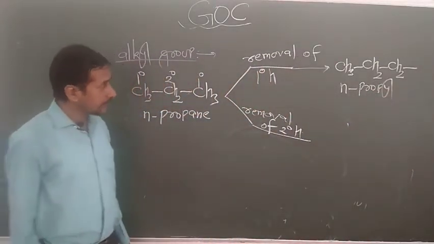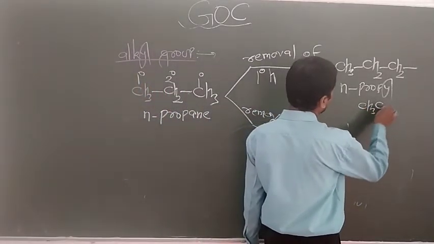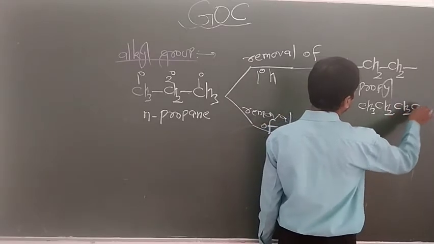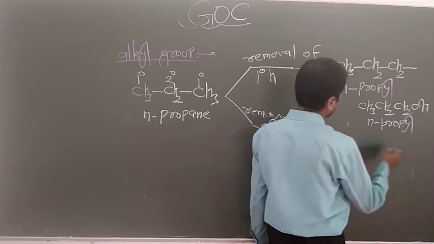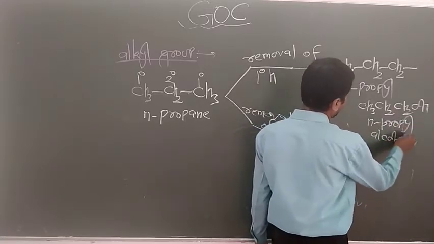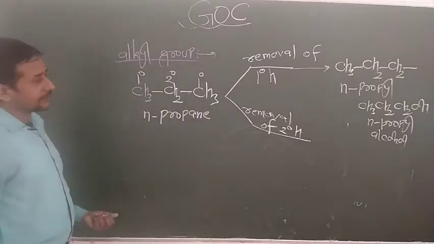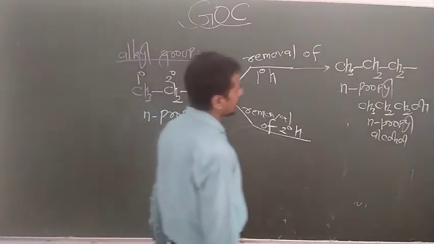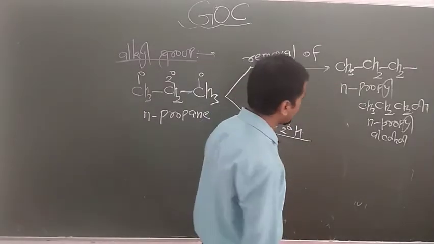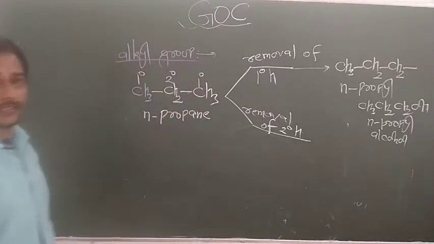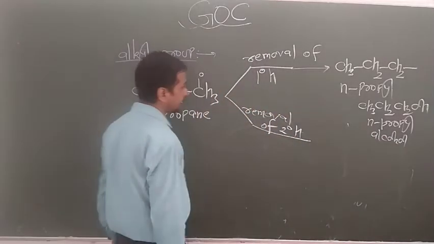So one question may be: write the formula of n-propyl alcohol. For n-propyl alcohol, you write CH3CH2CH2OH. So this is known as n-propyl alcohol. In this way you can write normal propyl and a formula when the free valency is attached with one functional group. This may be alcohol, this may be Cl, this may be cyanide. Now this generates n-propyl alcohol in this condition.